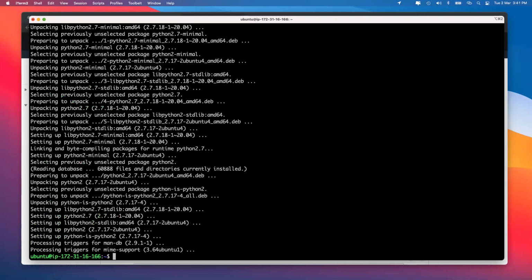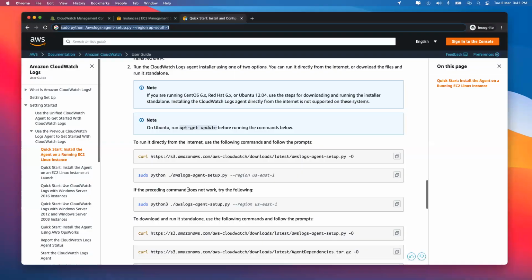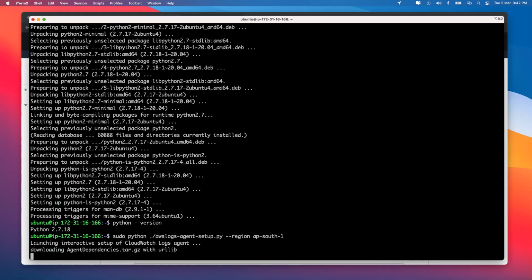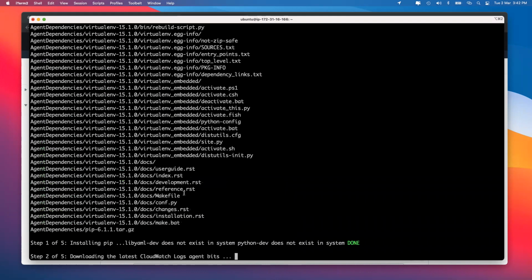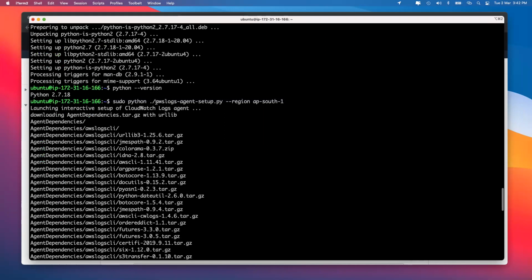But because for this command AWS is telling me I need Python, that is the reason why I went for that. If you want, you can also run python hyphen version over here, and it's going to tell you the version of Python, which is 2.7.18. So now at this point of time, I can copy the same command that I had run earlier and paste it over here. It's going to get the dependencies required. So what actually happens at this point of time is it is installing this. This particular software was already installed earlier when you did the curl command, and it is based on this region.